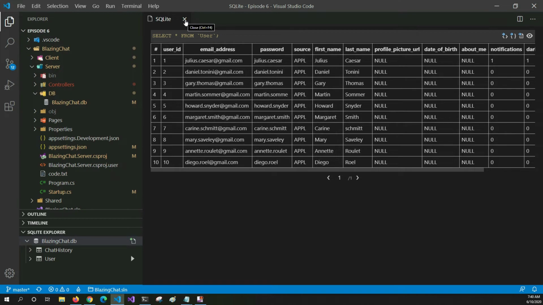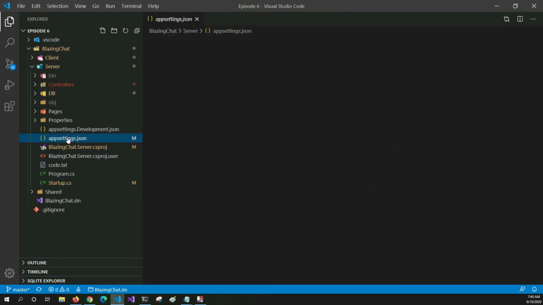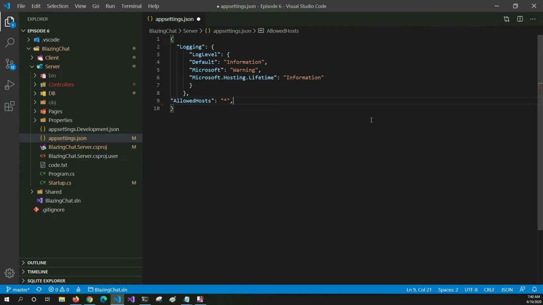Okay, so we have an existing database now. Now we're going to need to add the connection string of this database into our app settings so that we can use that connection string for everything that we're going to do for our application. So we don't have to copy that connection string everywhere we want to use this database, right? So what I'm going to do, I'm going to go to my app settings here, and here I would like to add a connection string, and I'm going to say that is connection strings, and then I would like to name my connection string as